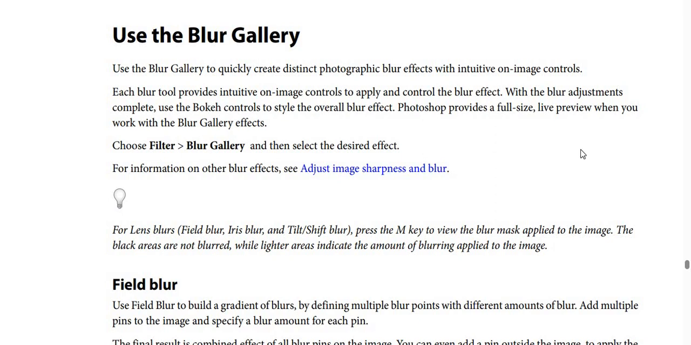Filters and effects. So what about filters and effects, and how to use the Blur Gallery in Photoshop? By the way, you can use the Blur Gallery to quickly create distorted photographic blur effects with intuitive on-image